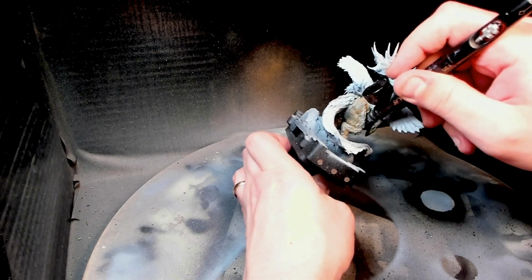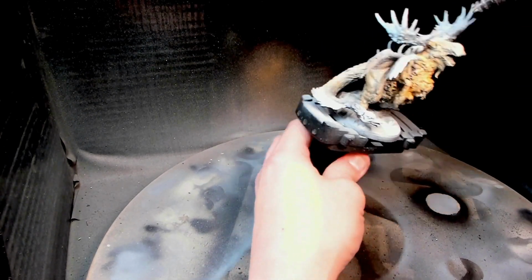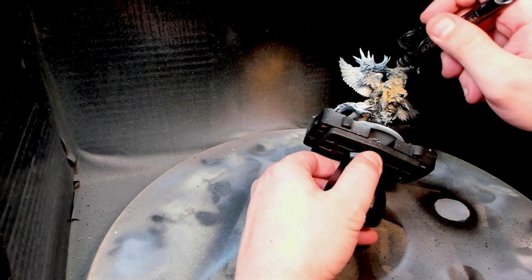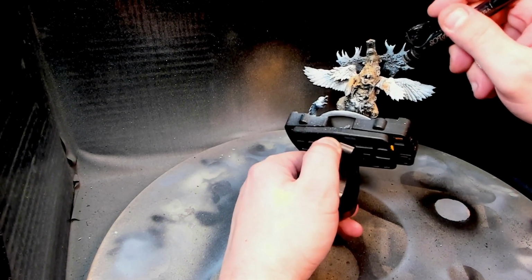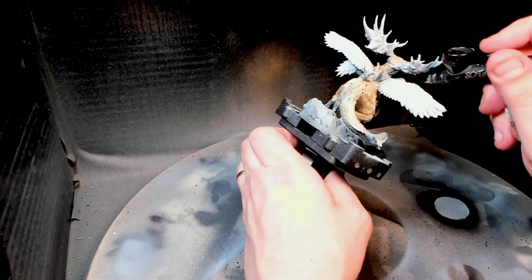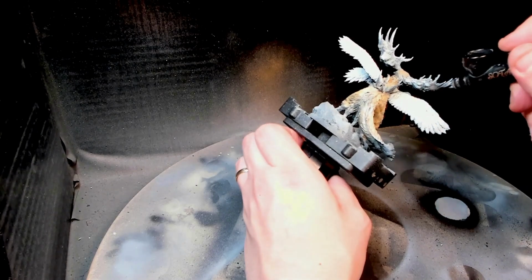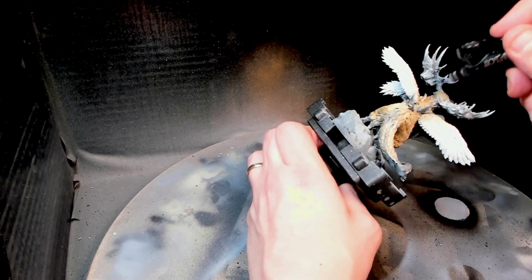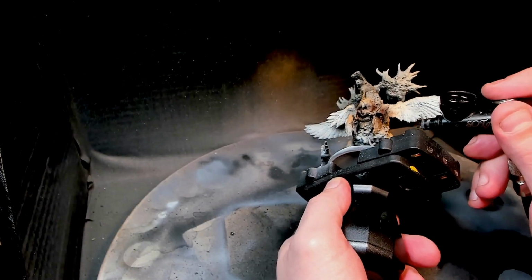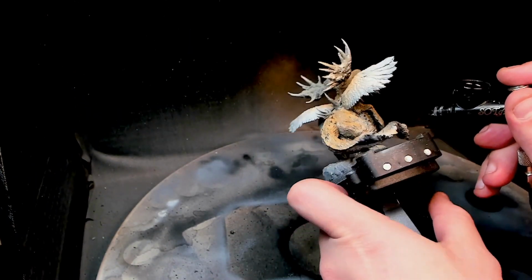This is really mostly accidents waiting to happen while I'm painting this model, but it is what it is, and it is more of a training session for myself personally, and hopefully some people out there can see what I'm doing and learn not to make the same mistakes if they see some mistakes, or find something interesting that they